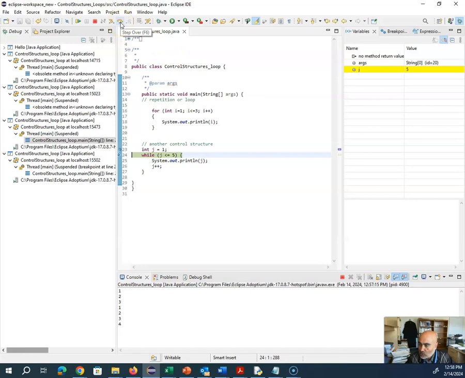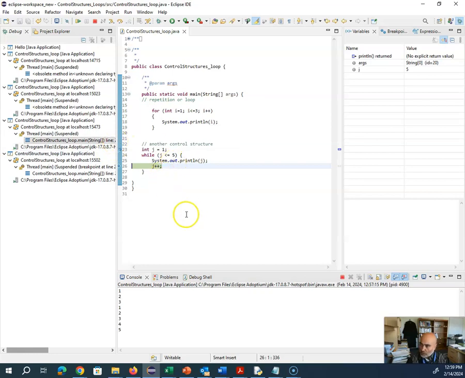Okay. And of course, as we are going through it, we're also printing this 1, 2, 3, 4. And if I do it one more time, now it's going to print 5. Okay. So I can follow the code by opening this perspective, but at the same time, you can see the output here as well. Okay. So as I'm debugging, I can also see the values that are coming out. So these are my two